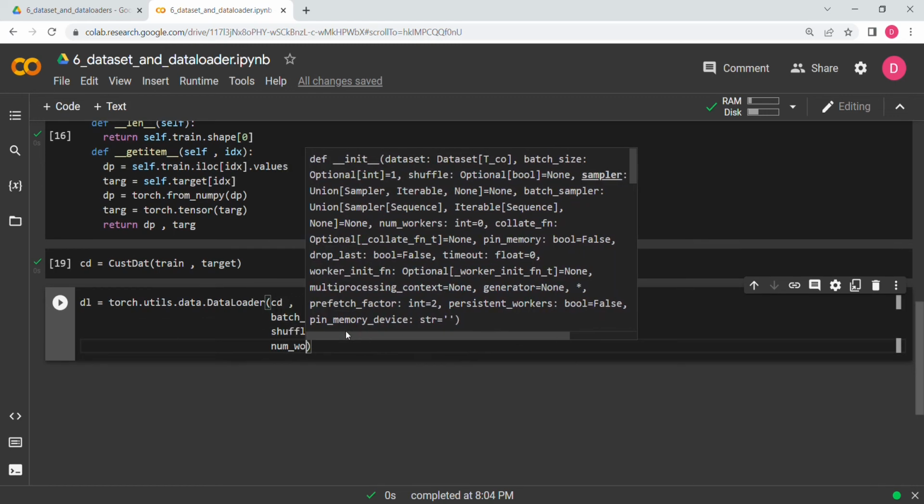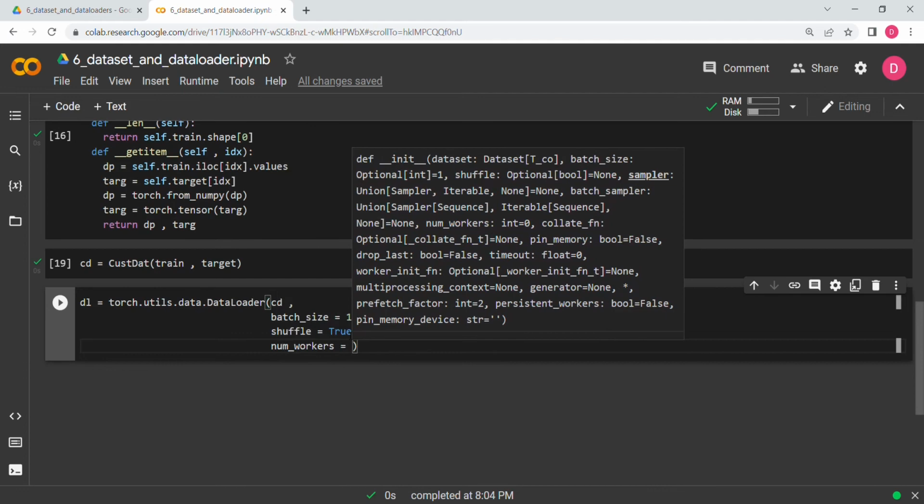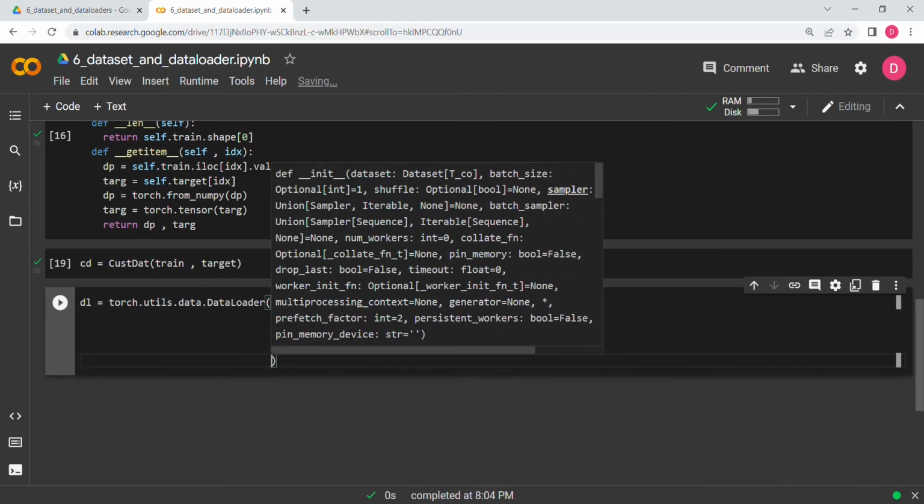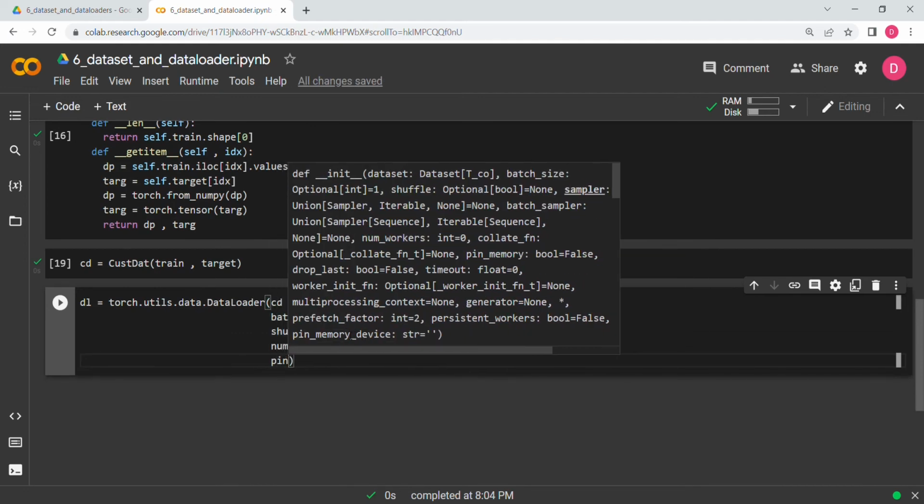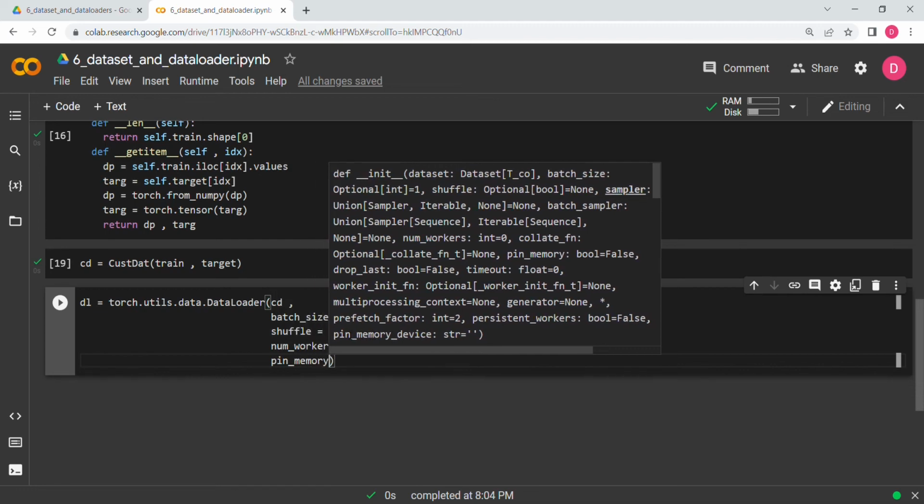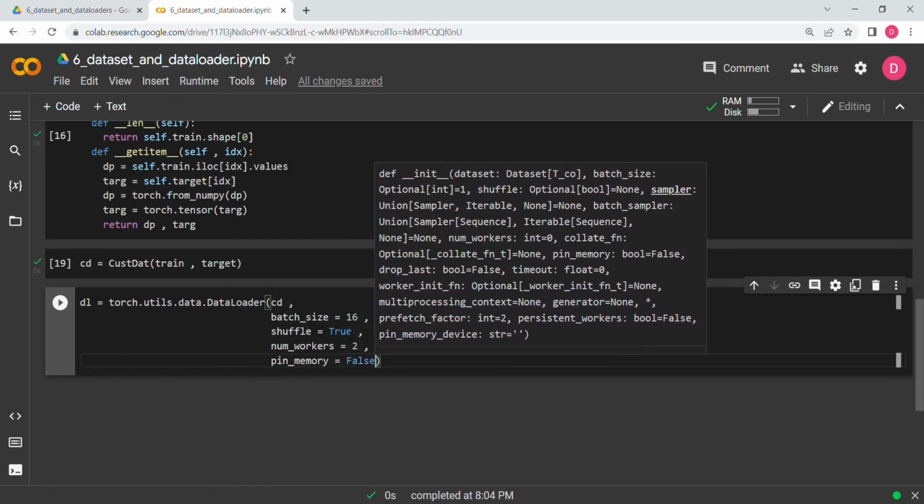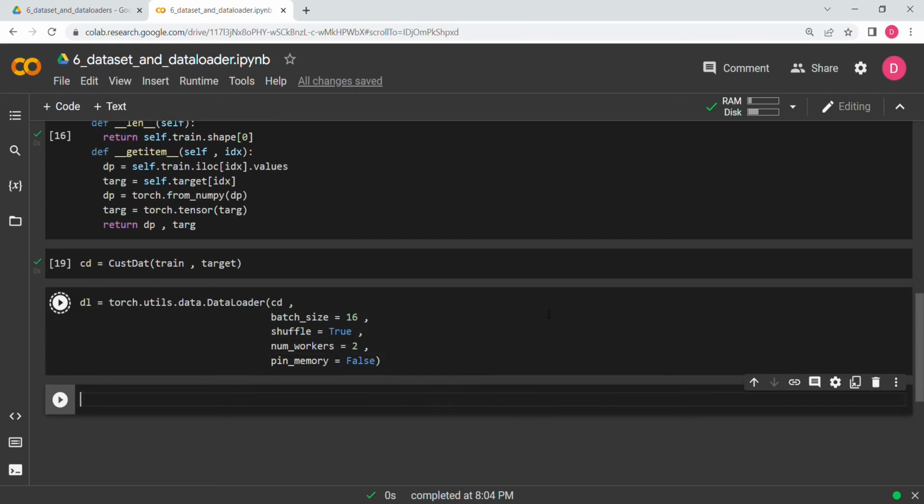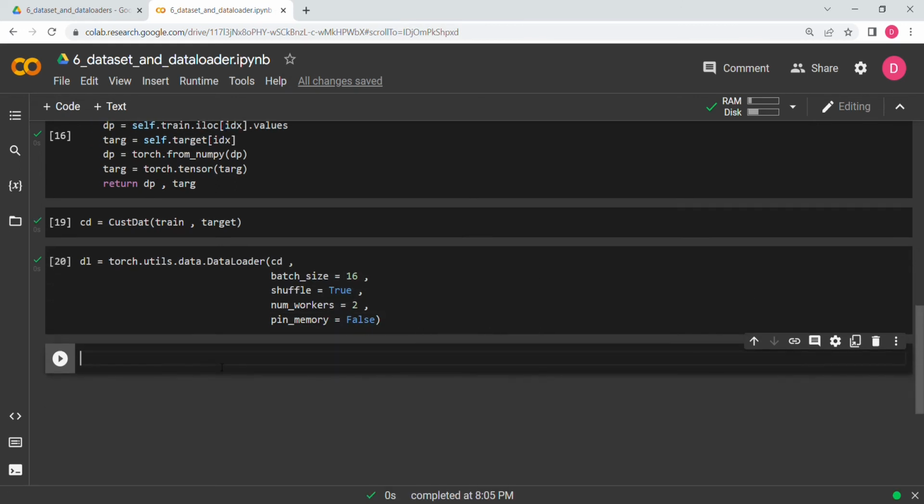Num of workers, as I told, mostly when I'm using Colab I don't use more than 2. Then the last one was pin memory. Right now we are not using GPU, so we will say equal to false. Okay, so we will just hit enter with this. Shift and enter. So this has run, and to get the results we'll say